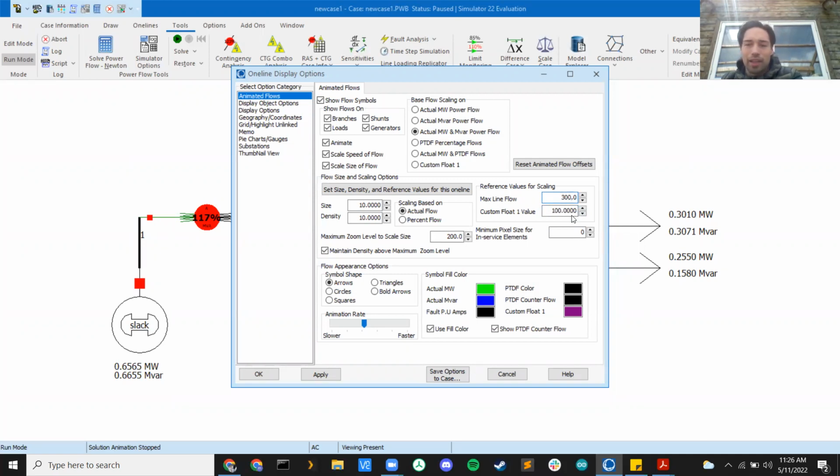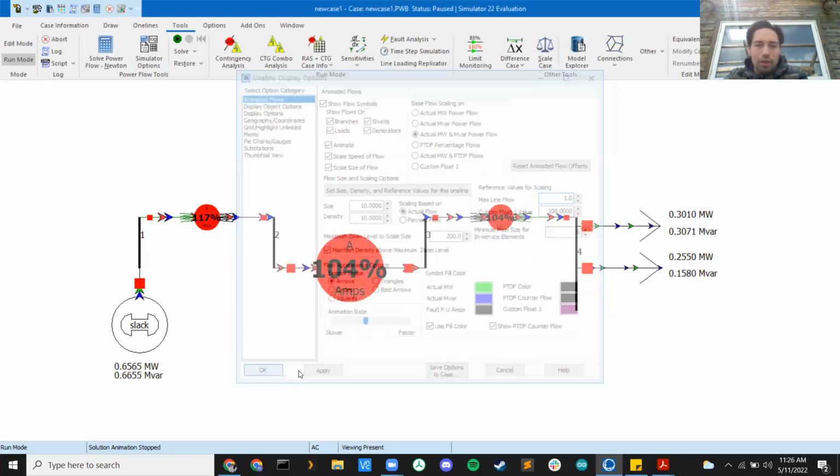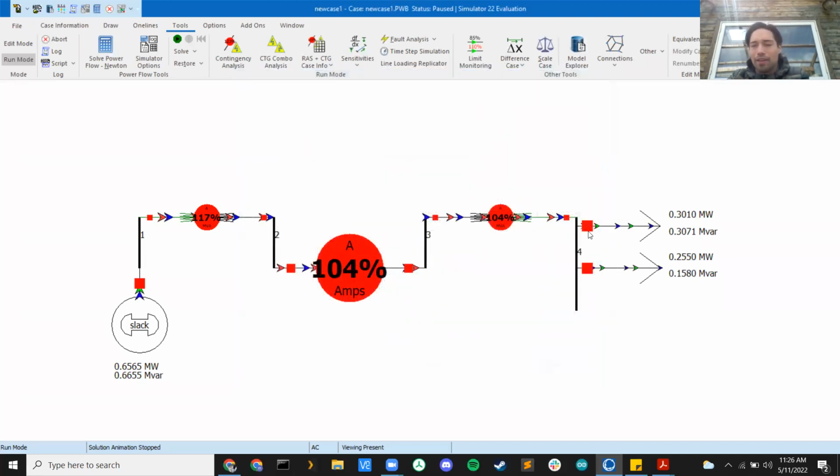Our max line flow is pretty low. As you can see on what the bus is outputting, it's 0.6 and 0.6. So I'm just going to put this as a value of 1. That seems to give us pretty good values. And then as you can see, once I do that, now it's scaling these arrows to be a proper size. If you notice the arrows are too small or too large, that's the value you change, and that'll correct that issue, especially for future simulations where we're going to have different